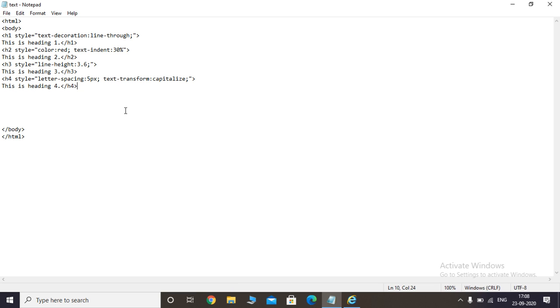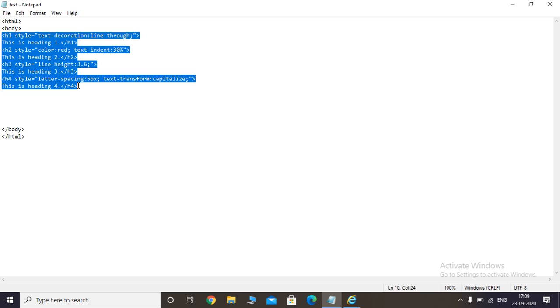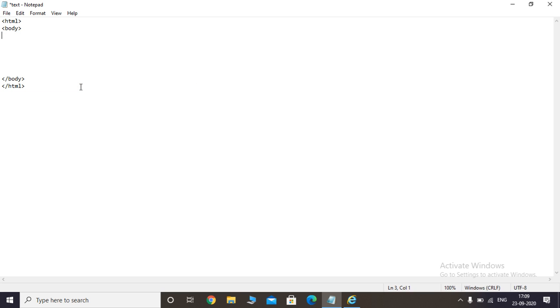Let the HTML and body tag be there. I'll remove this one. Over here, first we'll give a paragraph. For the paragraph I'll write P. Again you have to mention the style over there. Style, let it be font family. This is my property for the font which you want to appear for your text. Let it be Comic. So this is the font which I'm using for my text.